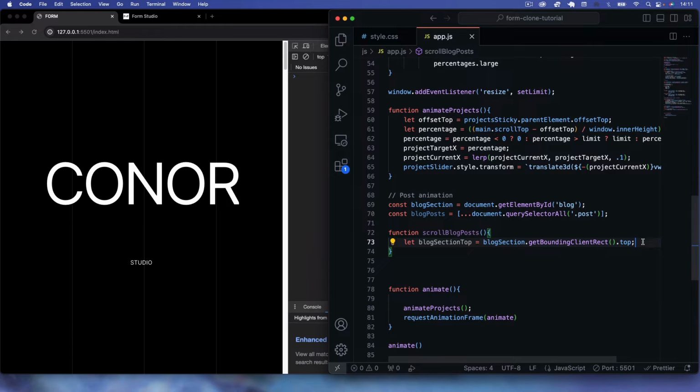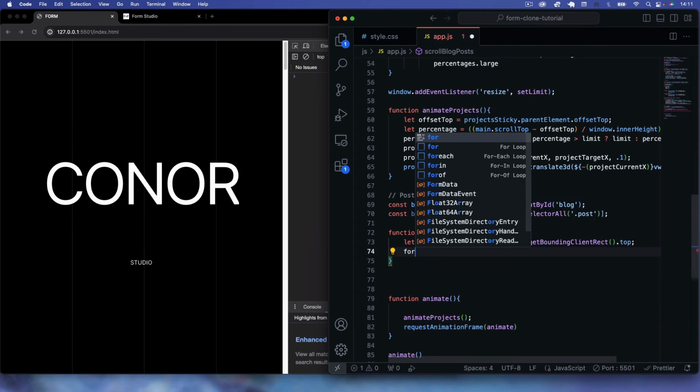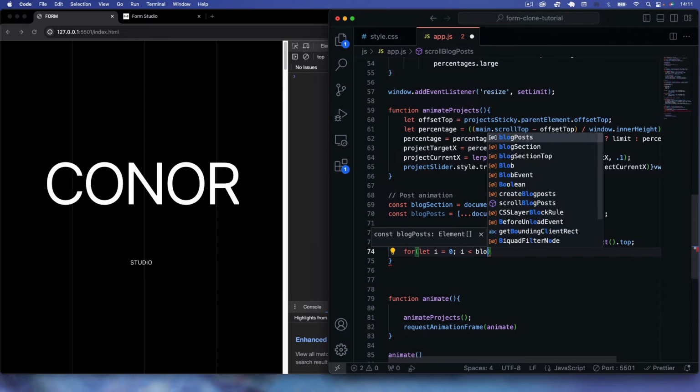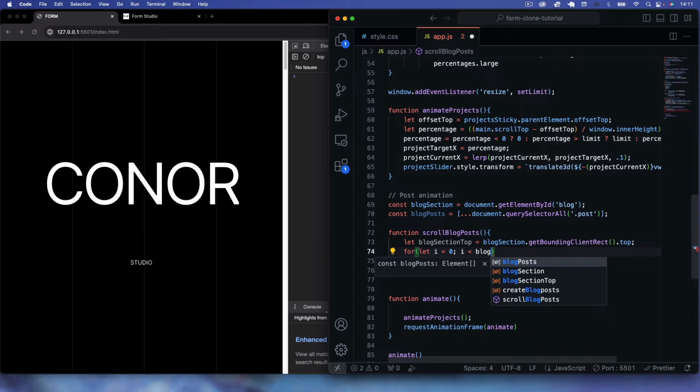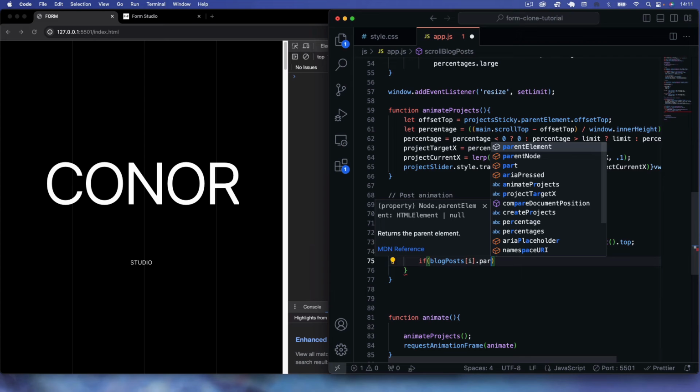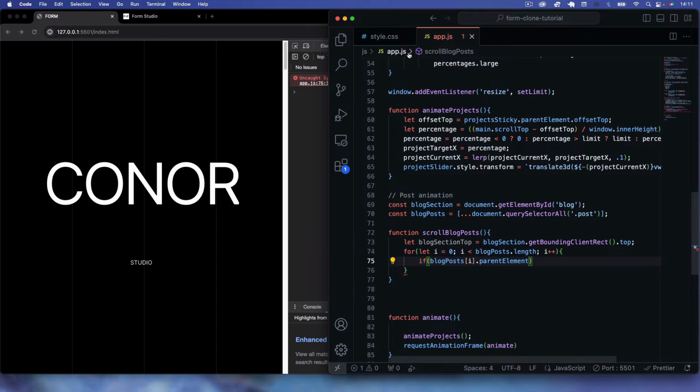And then what we're going to do here is loop through each of our blog posts. So we say for let i equals 0, whilst i is less than blogPosts.length. So we're iterating through each one. And then we'll say if blogPosts[i], so the iteration that we're currently on, so the current blog post section, and then we can say .parentElement, which will obviously be each of the sections, so the blog post